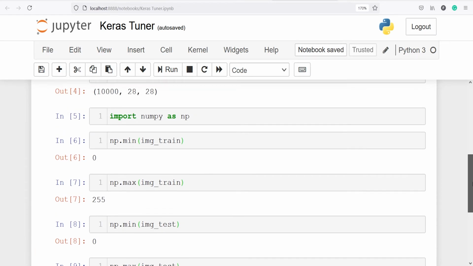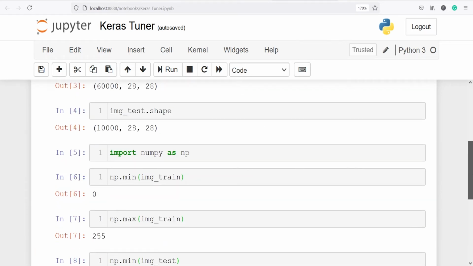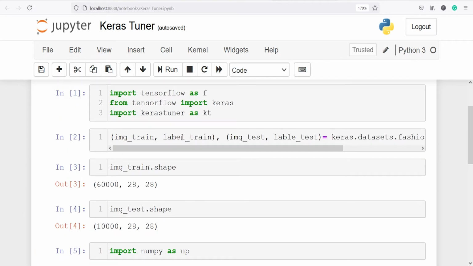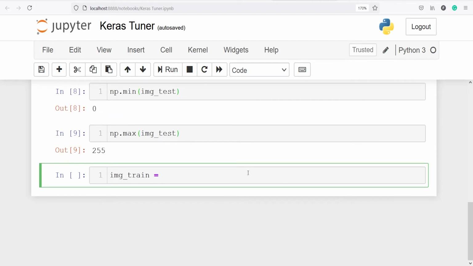This is our variable here. You will see in our tuple image train and image test. So first I will call image train, and then I will call image underscore train dot astype. This is to convert our data type into float from integer. So I will type float32, and then I will divide it by 255.0. So here I am saying that I'm going to convert this data into float32 and then divide it